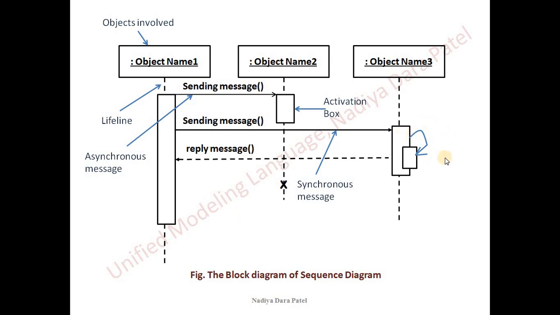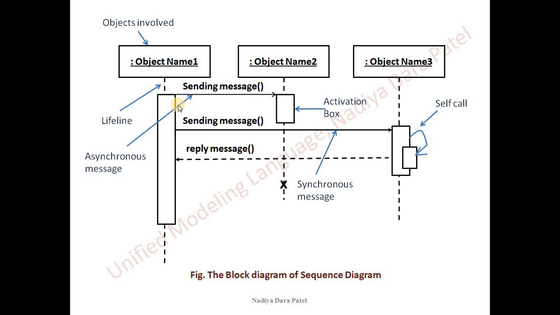One more thing which you can see here is an object calling itself. If there is some part in your code which has a subroutine or a method that is called within itself, in such cases you can make use of this symbol, which is known as a self call. You can draw a loop-like arrow from the activation, within the activation, and you can draw a small activation box as well. Again, one more thing which everyone should try to maintain, it is not compulsory but try to maintain,